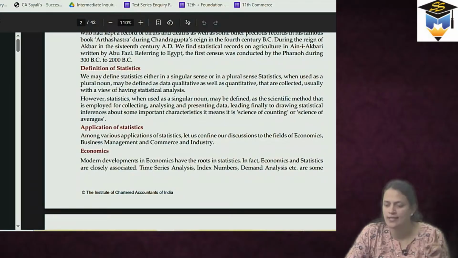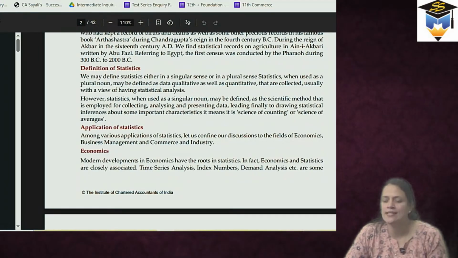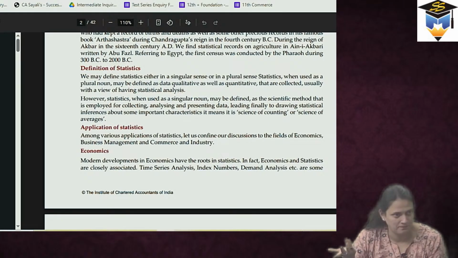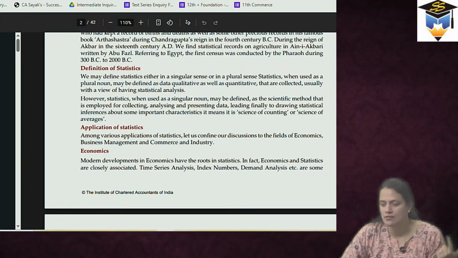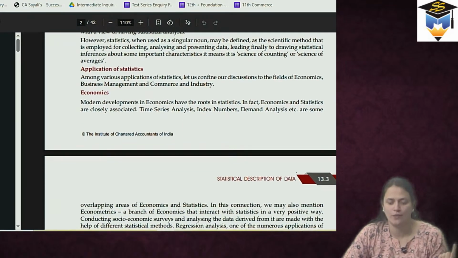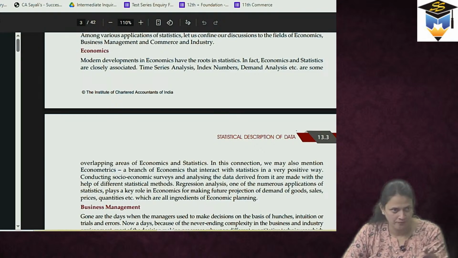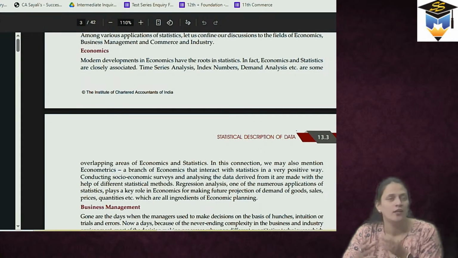Economics, as you must have studied in 11th and 12th, and statistics are closely related to each other. Now there is a chapter called index numbers for us. So what are index numbers? They are going to change with respect to time. That is basically a part of economics, and it is also closely related to statistics because a large amount of data is stored. So economics and statistics go hand in hand.